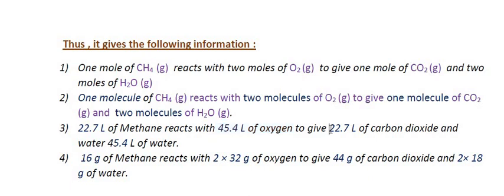And it gives again 22.4 liter of carbon dioxide, because only 1 mole of carbon dioxide was involved as the product, and again 2 and 45.4 liter of water. Why 45.4 liter of water? Because 2 moles of water were formed in the chemical reaction. So this third point is regarding the volume of the reactant and the product involved in the balanced chemical reaction.